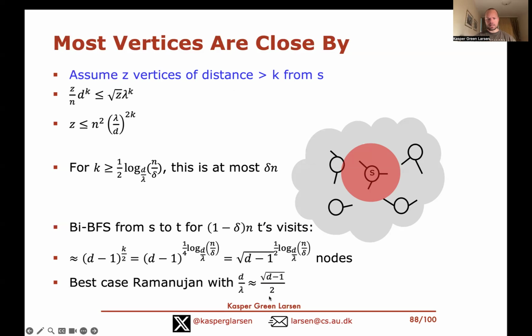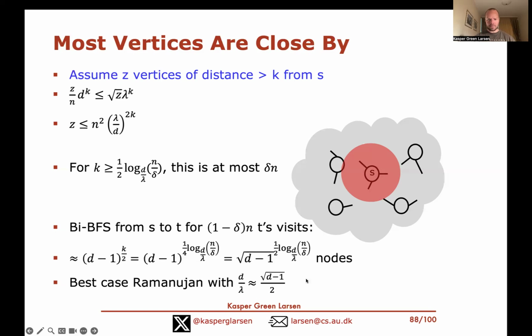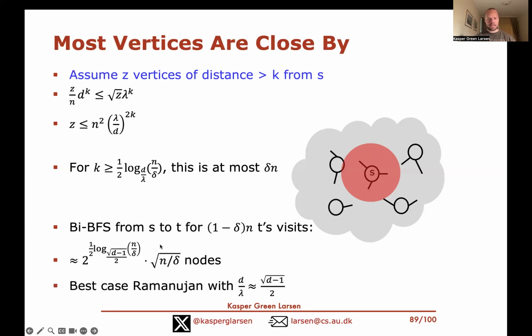Okay, and let's look at the best case scenario when our graph is a Ramanujan graph. This is the case when this base here, the d over lambda, as we argued before, is basically square root of d minus 1 divided by 2. So it's almost like the square root of d minus 1 to the log base square root of d minus 1 of something. So this simplifies, and if we insert this value, square root of d minus 1/2, into this bound, we can rearrange the terms a little bit, and basically what we get is,